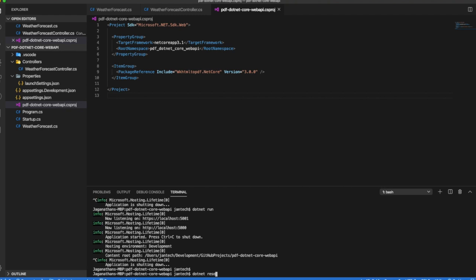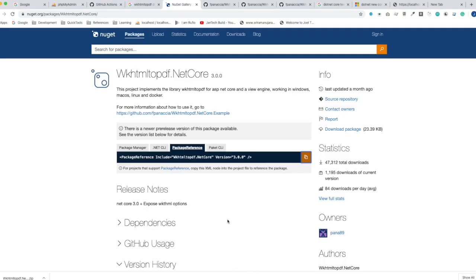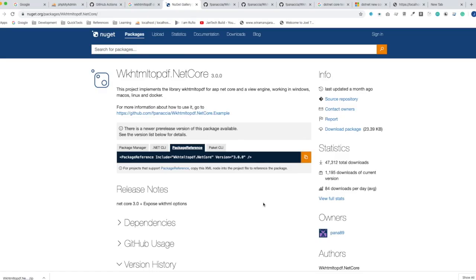So this will restore our project to make sure that it's correctly referenced or not. If there is any problem, it will notify us to fix the problems. Okay, and the second step, we want to configure this Wkhtmltopdf.NetCore